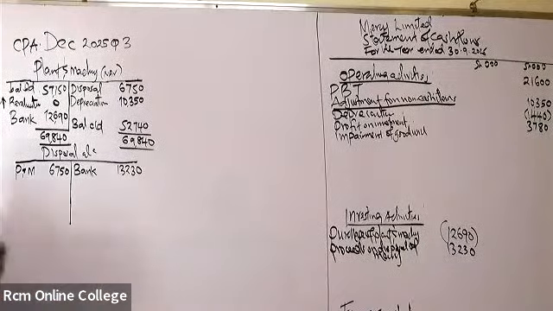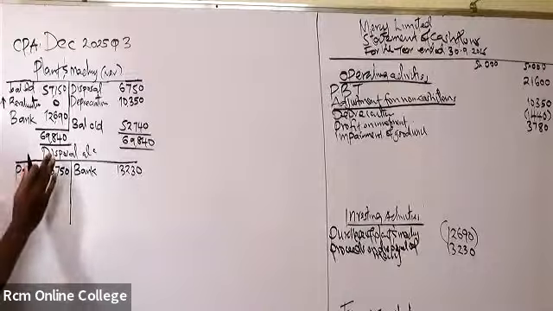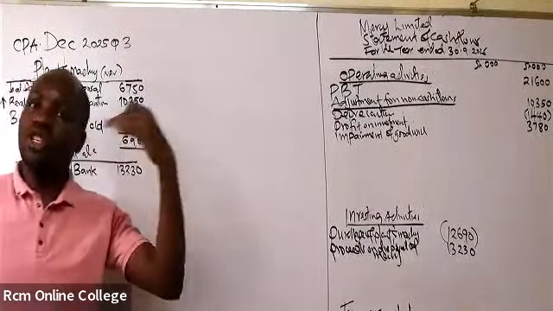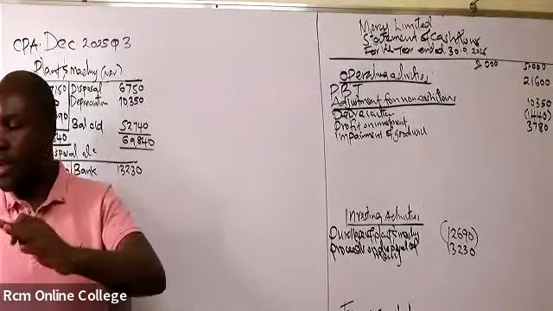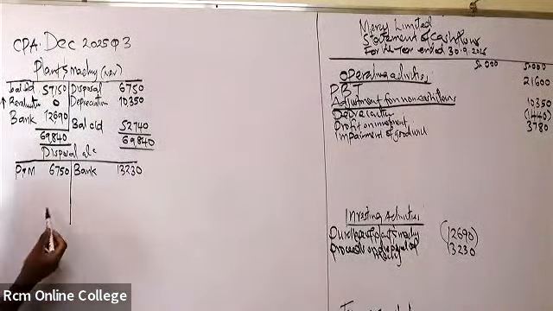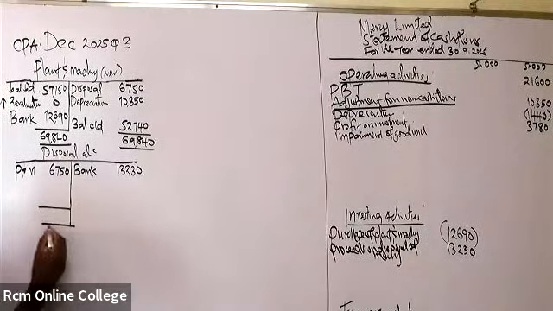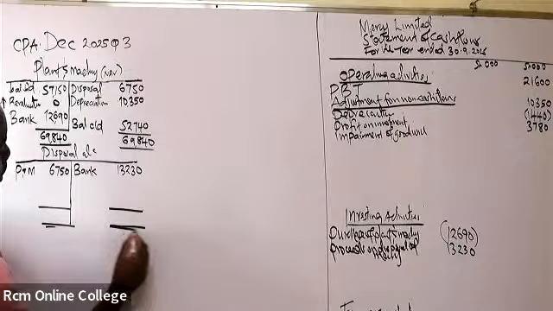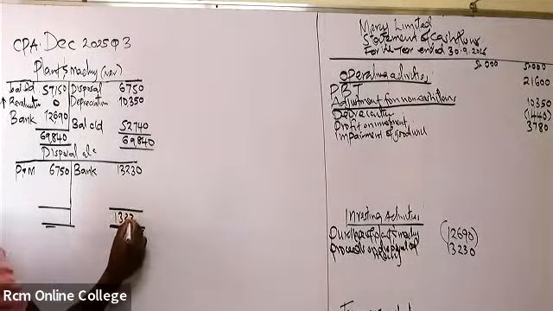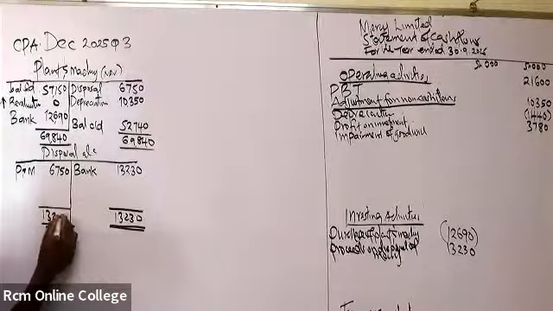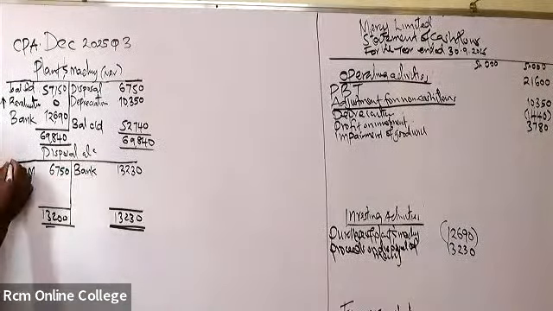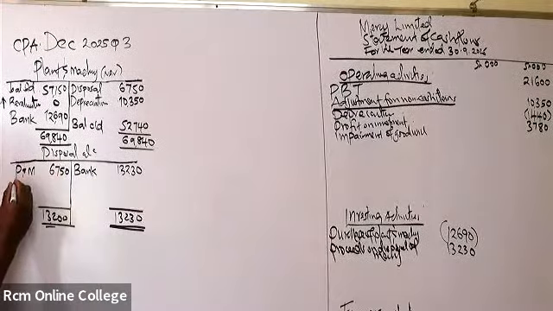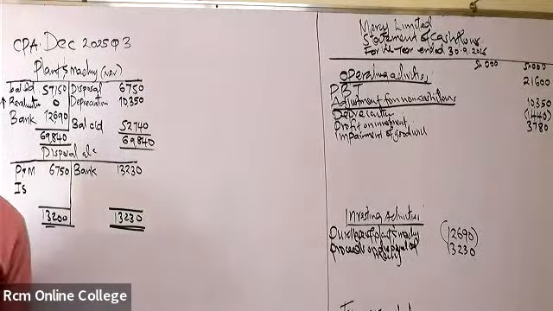Good. Now, how do we then balance the disposal account? Because disposal account is balanced by a figure which is being taken to the income statement, either as a gain or a loss. So let's balance this account. Let's balance the disposal account. So 13,230, 13,230. Whatever will be balancing my account will be on the debit side of the disposal account, and that will go to income statement. How much is it? How much do I take to the income statement? 6,480. Okay, so we have